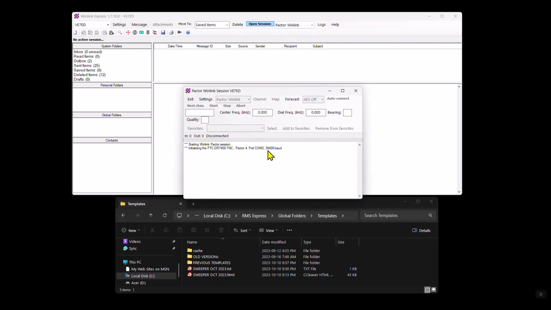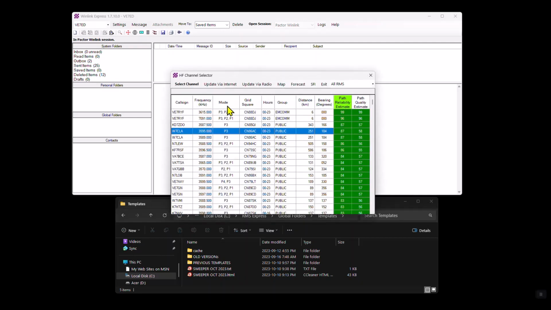Once the session initializes, it's initializing my DR7400 and my Yaesu radio. It doesn't have my FTDX3000, but the FT2000 uses the same two different COM ports, same speed, and I'm ready to go. I could go to the channel and pick a US station or someone in Canada outside of the province. So for example, if I wanted to, I could pick,